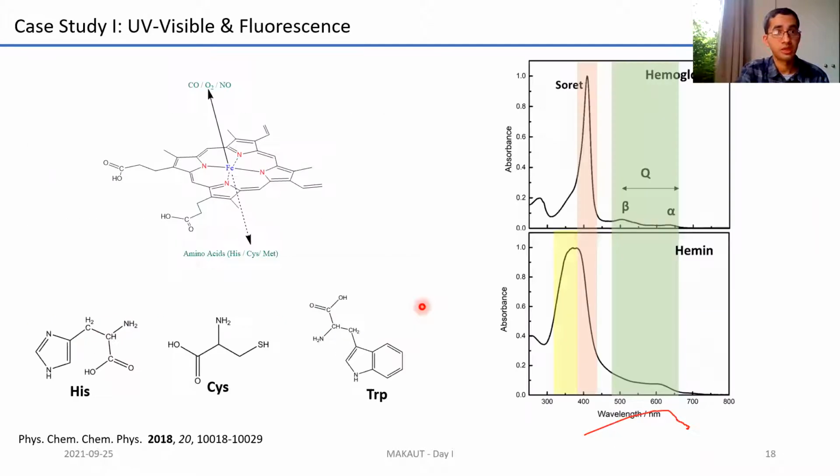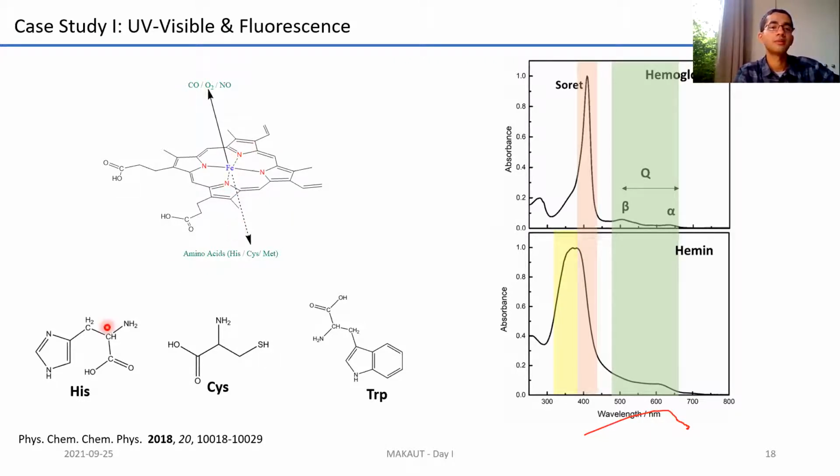Having mentioned absorption and emission, I'll be talking about a case study. There's a small bit of work that I did in my PhD. I took a molecule known as a heme. It's essentially an iron porphyrin molecule. I was trying to look at the interaction of simple amino acids with this system, these amino acids coordinating with a heme. Heme is basically this molecule. It's known as hemin, essentially, for those of you who are aware.